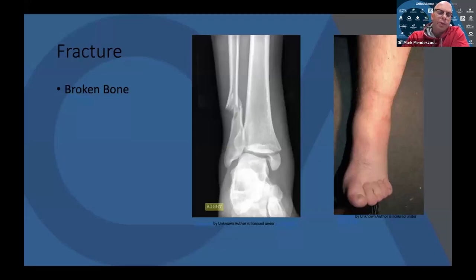When someone tells you that you have a fracture, that means the bone is broken. But what you have to understand is that when we see people with ankle injuries, it's not necessarily the bone that will be the limiting factor in how well somebody does. It's the ligaments that are damaged. If I look at this x-ray right here, we can say that, okay, 2 bones are broken, but in order for that x-ray to sustain that type of appearance, we know that there's a physical attribute and mechanical inclination for that type of fracture to develop.